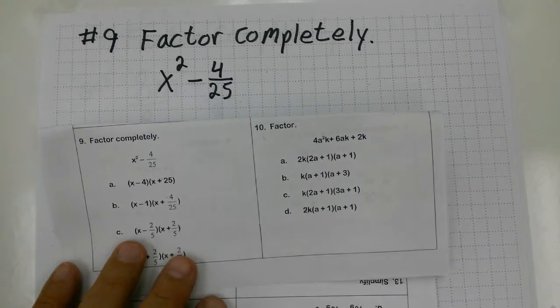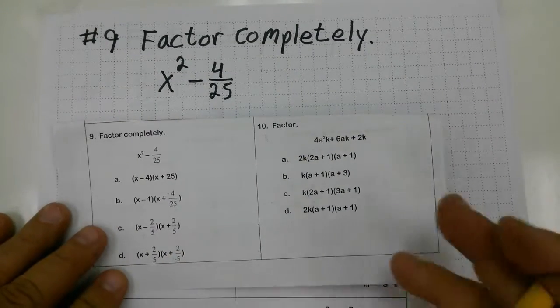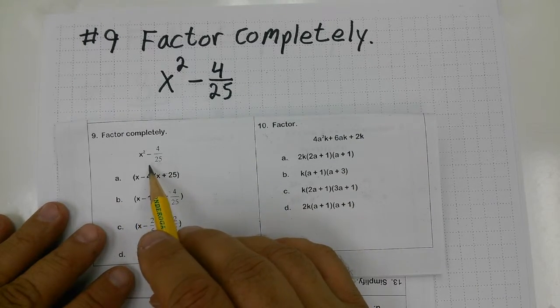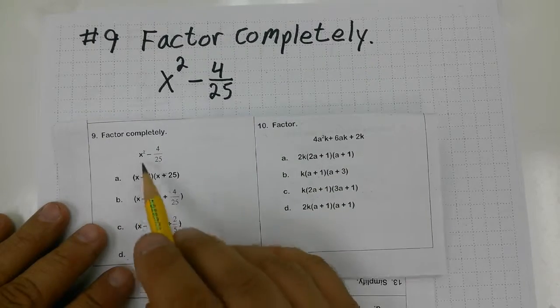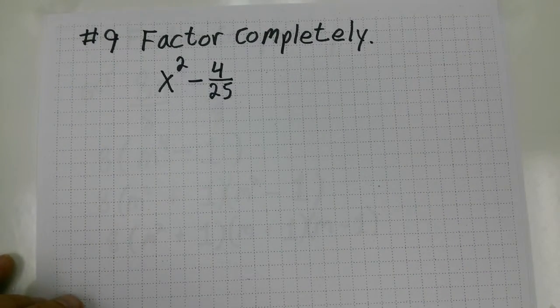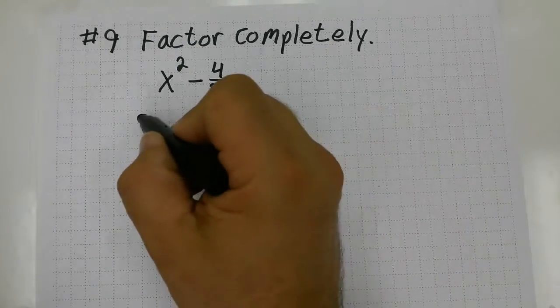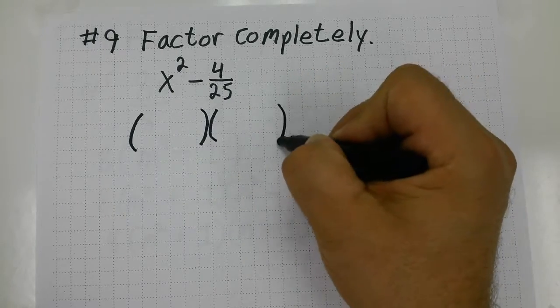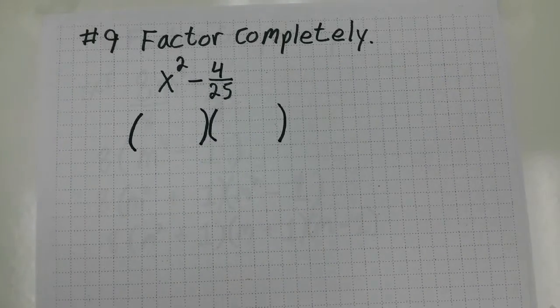For number 9 on the PERT practice test, I'm asked to factor completely again. And this is the difference of two perfect squares. So I'm asked to factor completely the binomial x squared minus 4 over 25. So what I'm going to do is set up my parentheses template here and then figure out what times what